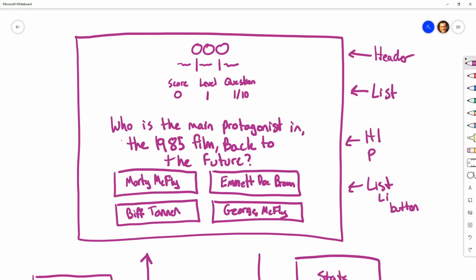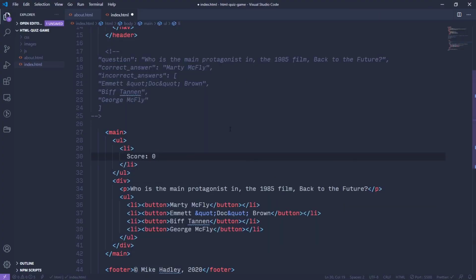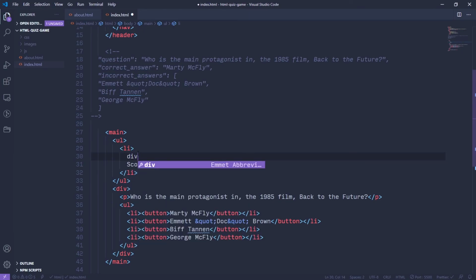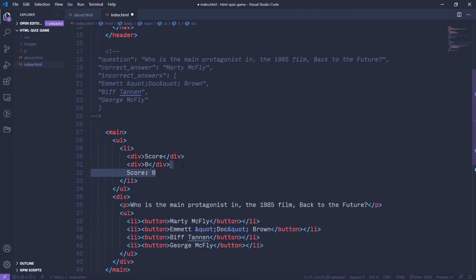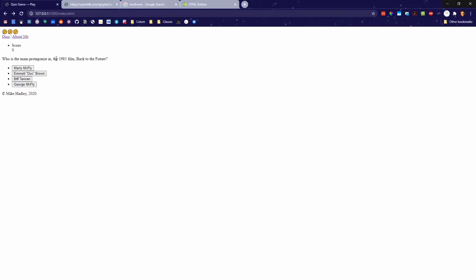But since we had decided that it'll be sort of score and then the number below it, level, the number below it, we actually want this to be a block level element and this to be a block level element. And that'll also make it really easy if we separate out these as different elements from JavaScript, we'll be able to target this one and just replace it, and target this one and just replace it without having to futz around with making sure that the label stays the same. So let's give ourselves a block level generic wrapper for score, and then below that we will put the number, and that'll just be a placeholder of 0 for now. So score 0,